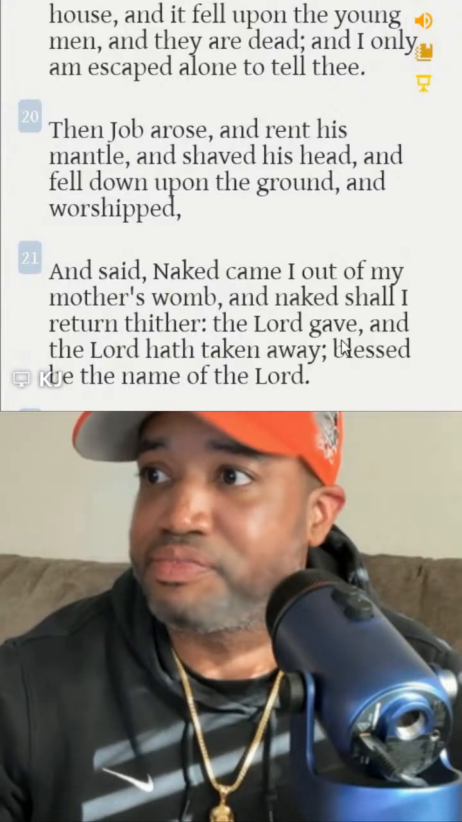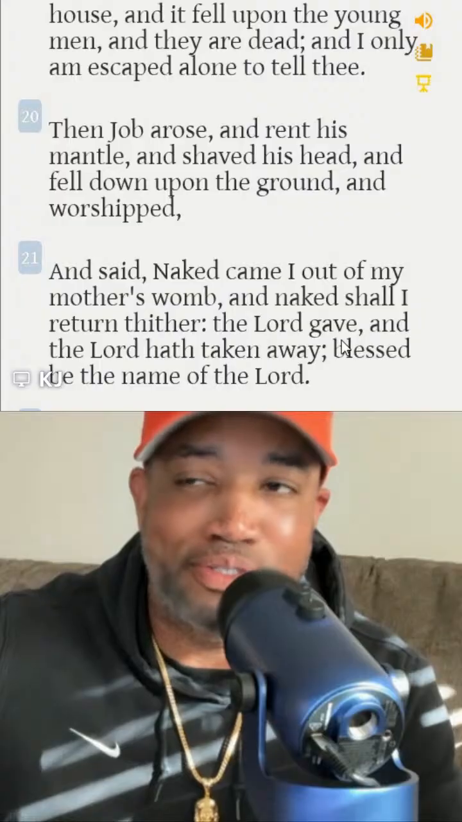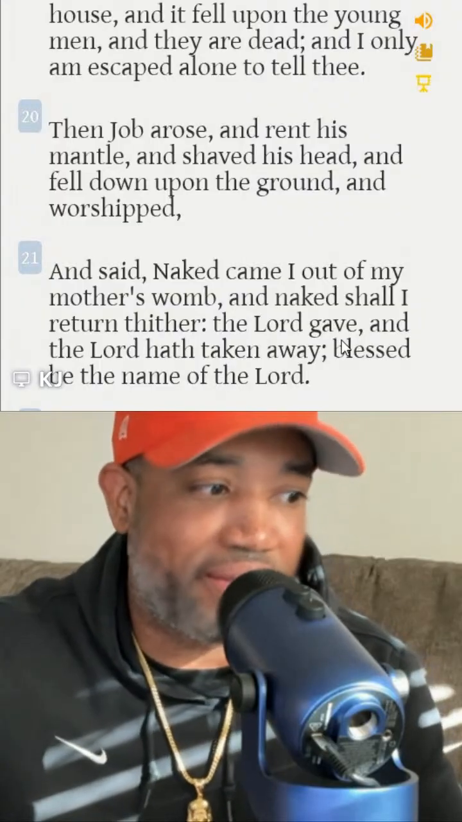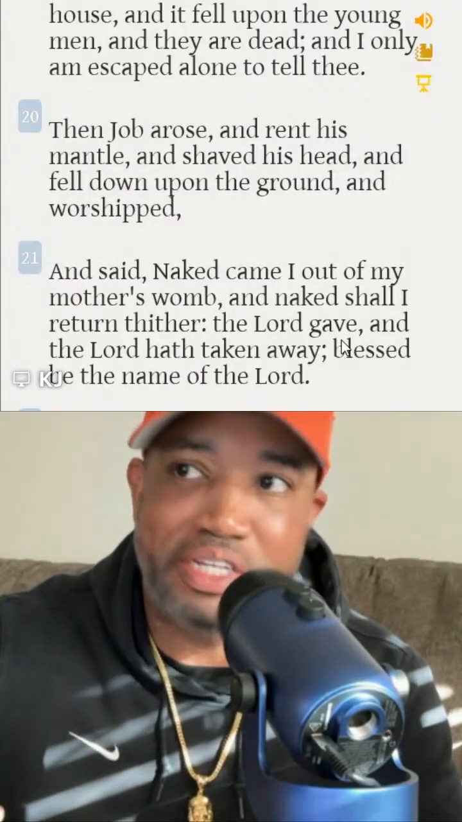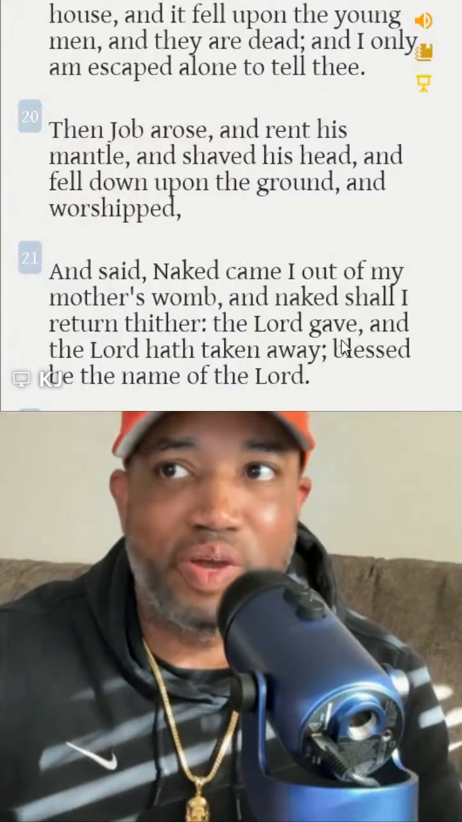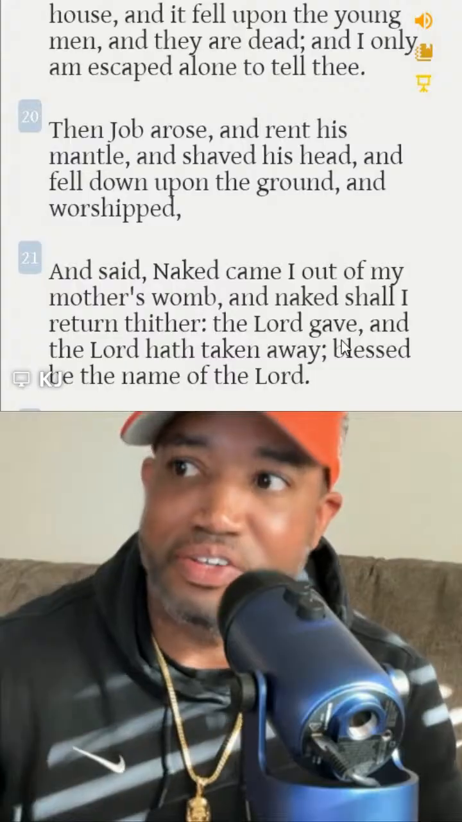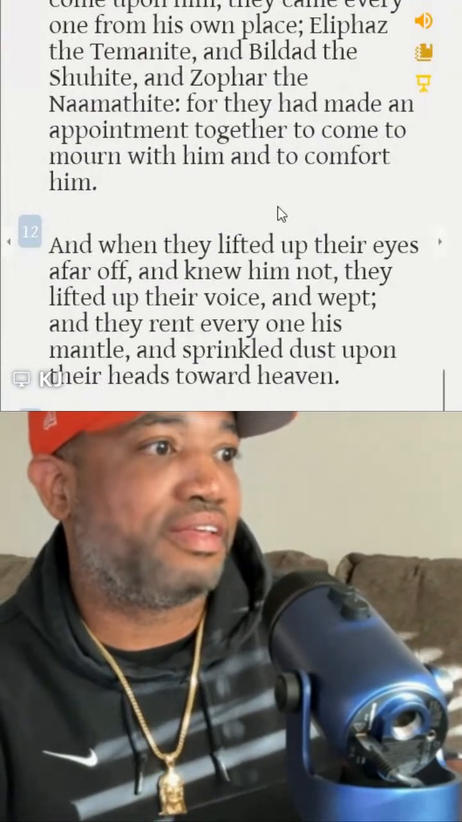All right. So Job loses everything. He loses children, he loses wealth, he loses his health, and yet he still bowed down. He still worshiped God. And the verbiage that he uses is that the Lord giveth and the Lord taketh away. Blessed be the name of the Lord. So he's still blessing the Lord, through all he's going through. All right. So next chapter,